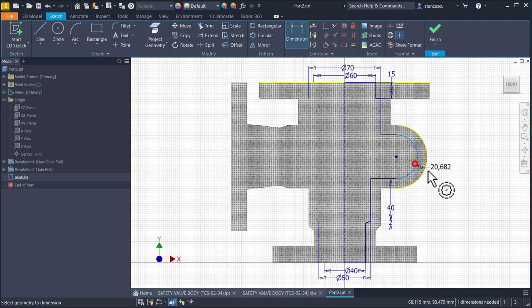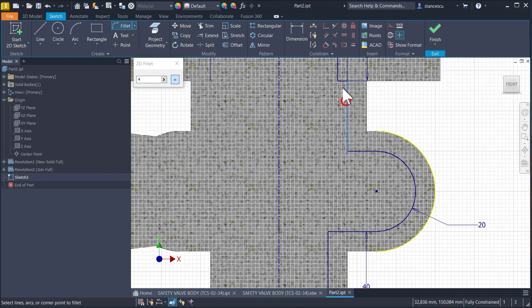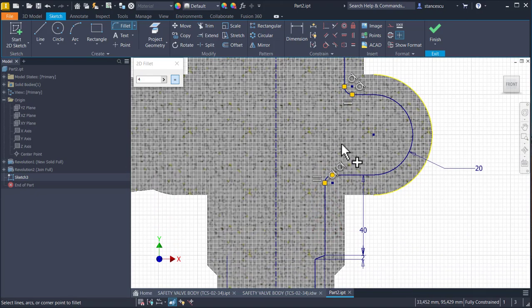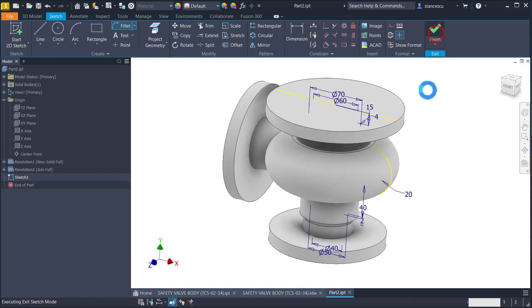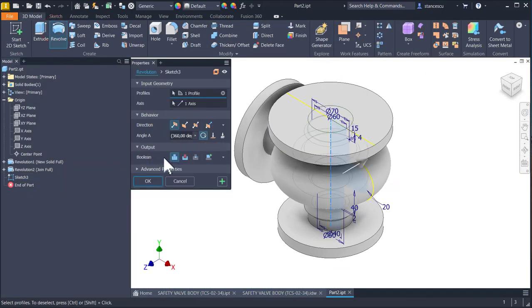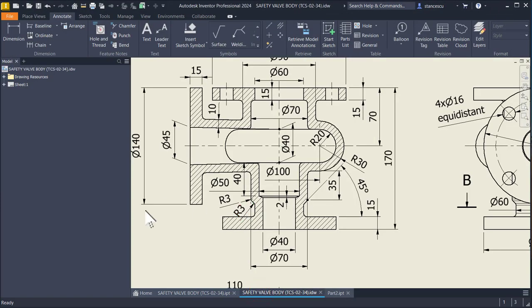This radius is 20. Fillets of 4, here, here, here, and that's all. Finish sketch, revolve, cut, not join. Okay. Now I apply the other fillets to be sure